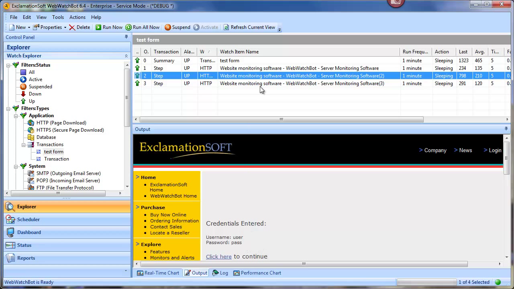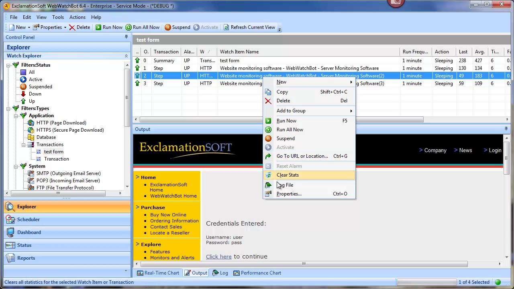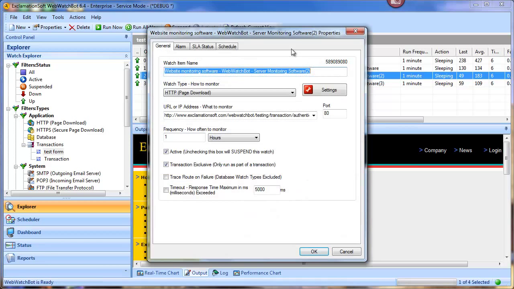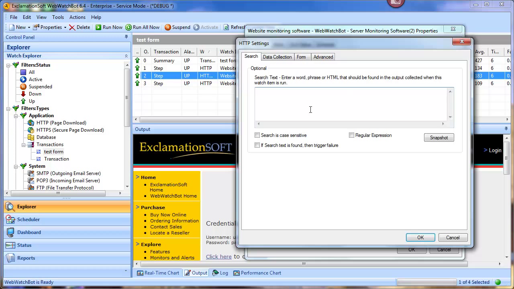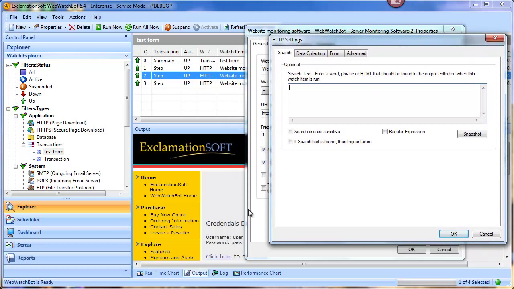And how you would do that is you would go into the properties. I just right-clicked on that step, and then I'm going to click on properties, and that will bring up this watch item or transaction step, whatever you want to call it. I can go into the Settings tab, and I'm going to search for specific text. So I want to see if the word credentials